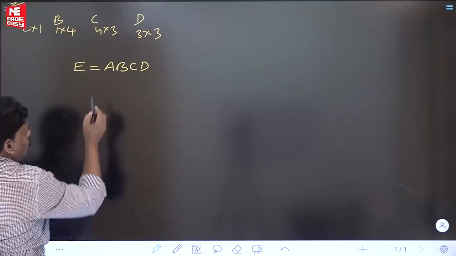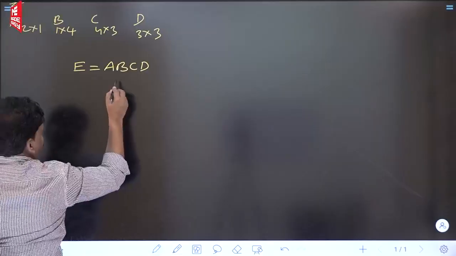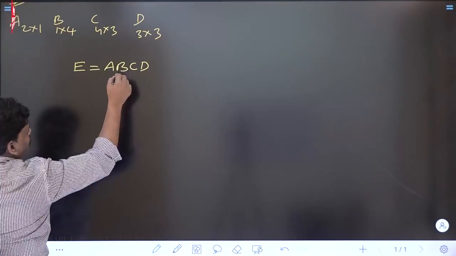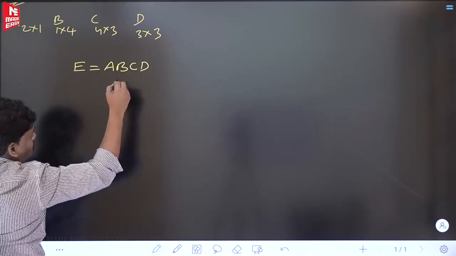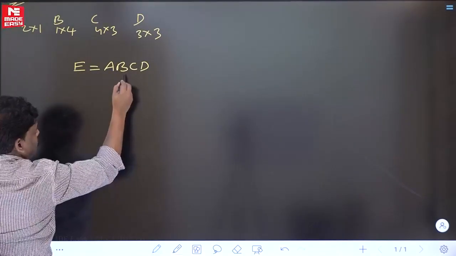So some people are asking, sir, how many ways of keeping the brackets here? We will see now. Some people are asking, sir, how many ways A, B, C, D can be done? I will try now. Very simple. Let's follow the recursive behavior. Some people are asking, what is the meaning? This is the recursive behavior.